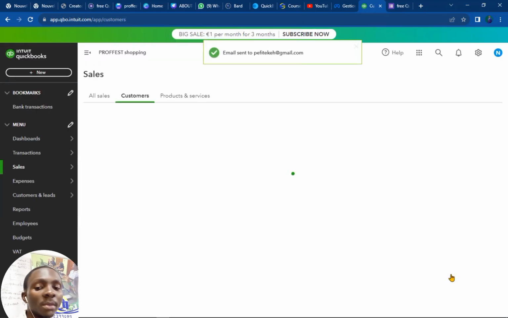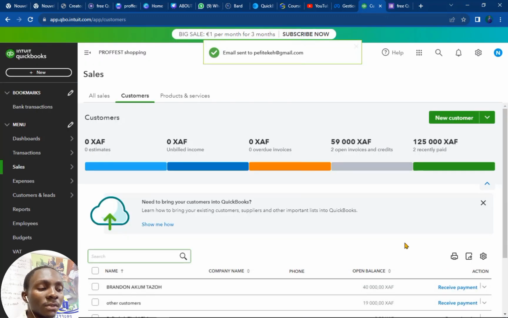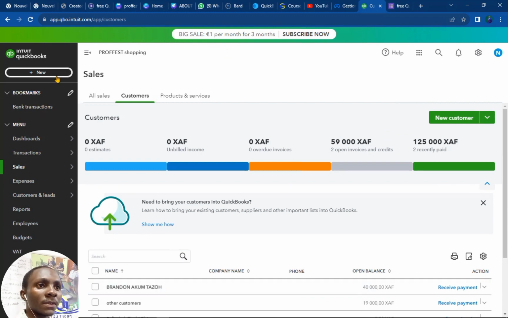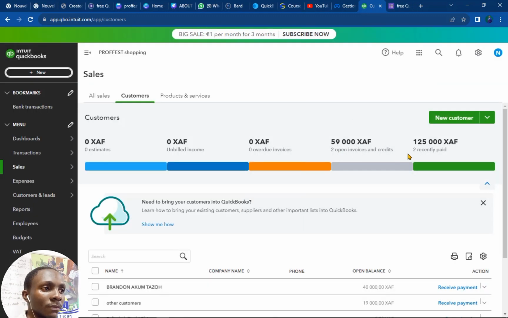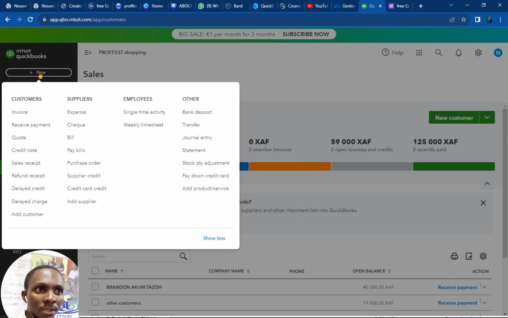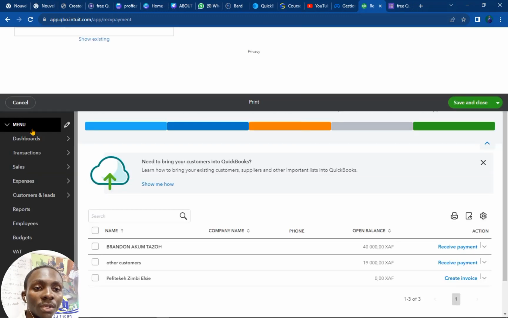So this is a payment I've then made, or a sale I've made by cash or, let me say, on settlement directly. If it happens that a customer owes some money, because here we have two open invoices worth a total of 59,000, because we sold some goods on credit. We came and we created an invoice which shows that we sold some goods on credit. If it happens that this customer comes and makes payment, we'll come here to receive payment,